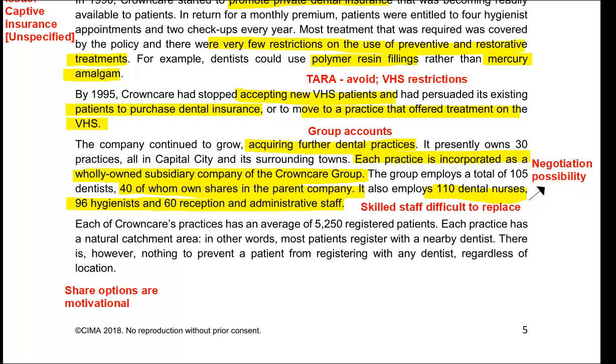Okay, and now we're on to the final paragraph of video 1. And importantly, it says that each of Crowncare's practices has an average of 5,250 registered patients. That's a lot of patients. And that's very, very good. If we think about this in terms of dental checkups, there's a checkup every 6 months. So that kind of aligns with busy custom every day, given that they've got 5,250 registered patients at each practice